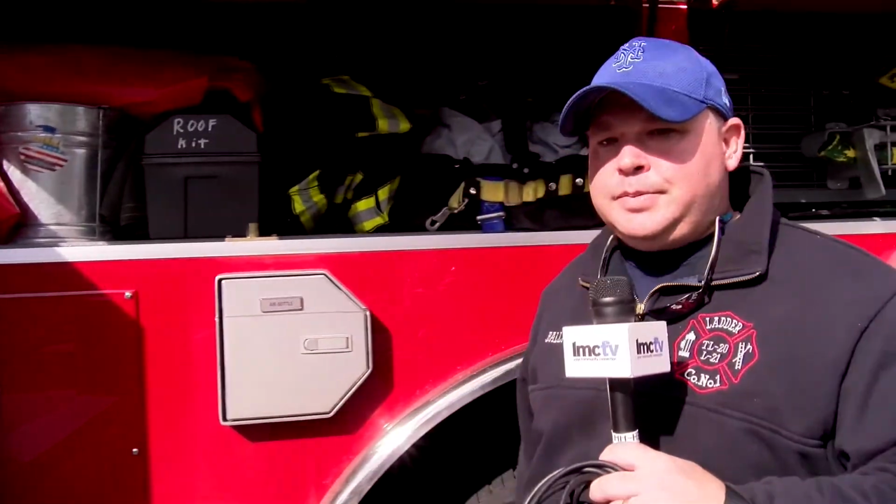We have the capacity to go in and try to extinguish that fire. It requires a certain specific set of tools, but that's one of the aspects that we can bring by utilizing both experience and training as well as the tools that we have on this piece of apparatus. So that's one of the functions of this cabinet. If you come over to my left,